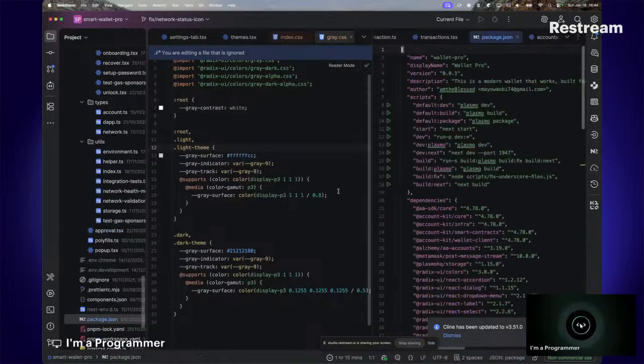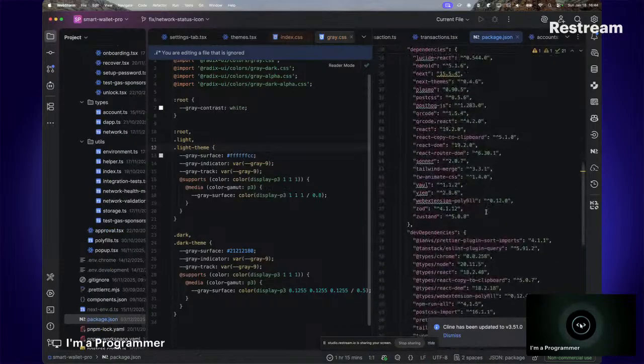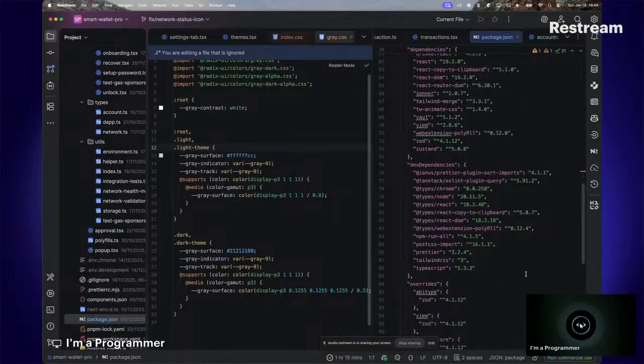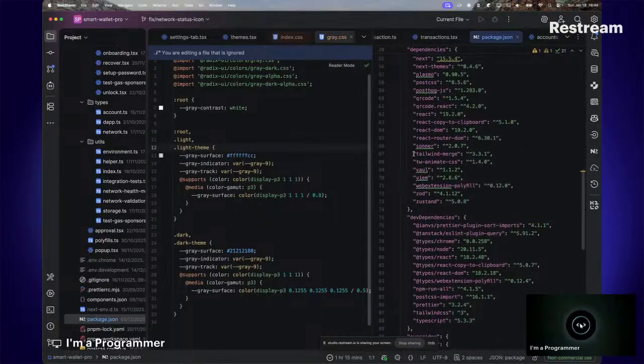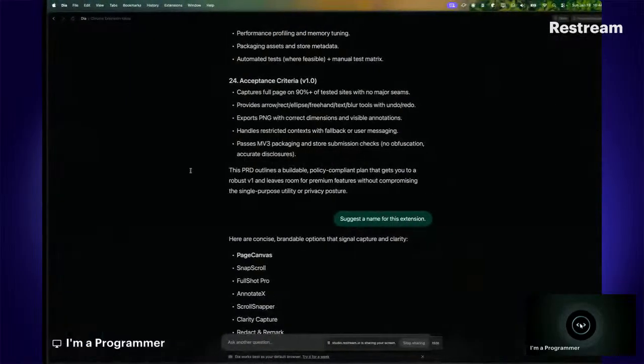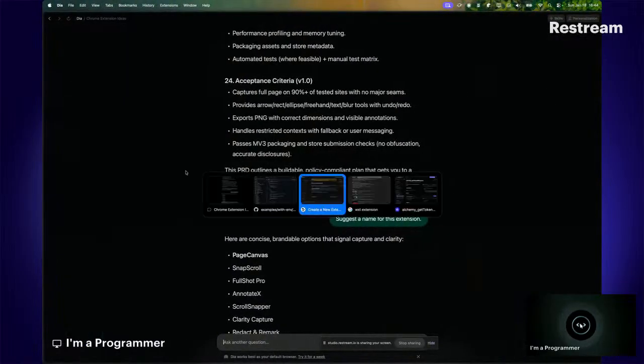So I'm going to open the package.json. As you can see here, we have a lot of stuff installed. But basically what I need is Tailwind. The Tailwind installations is what I need. And you can also do that from here if you want to be sure without having to go through what